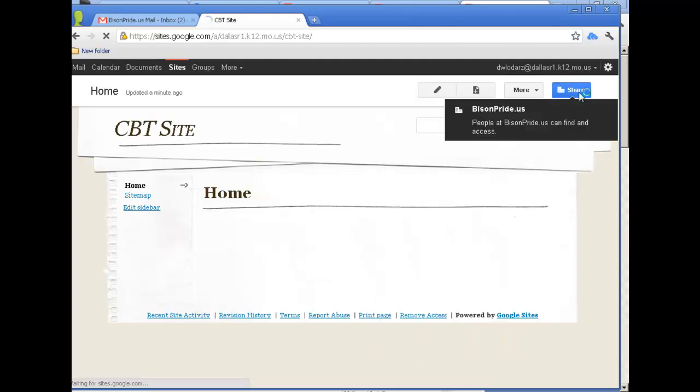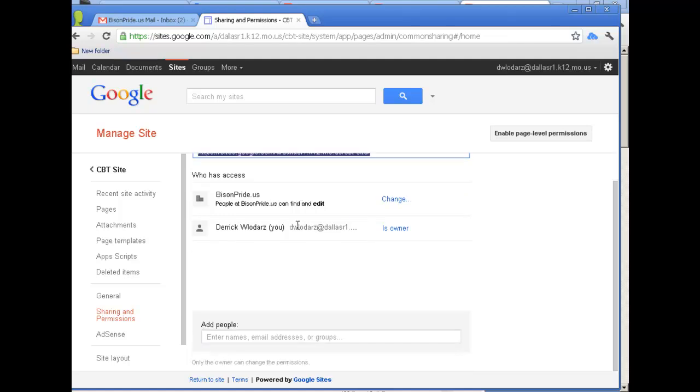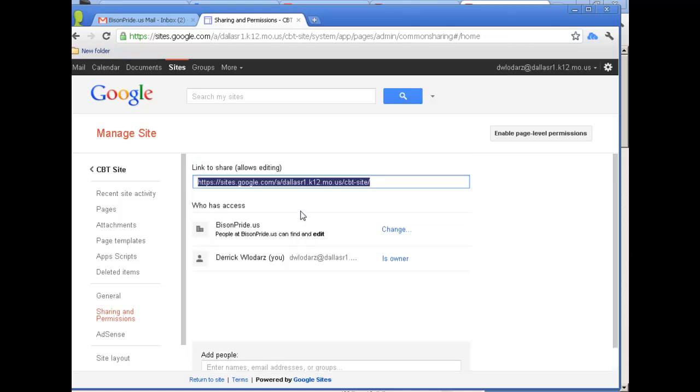Here's the share button, just to show you. It's pretty much the same thing. Now, about sharing. Again, sharing is pretty much the same across all apps, except for when there's reasons to have different levels or different